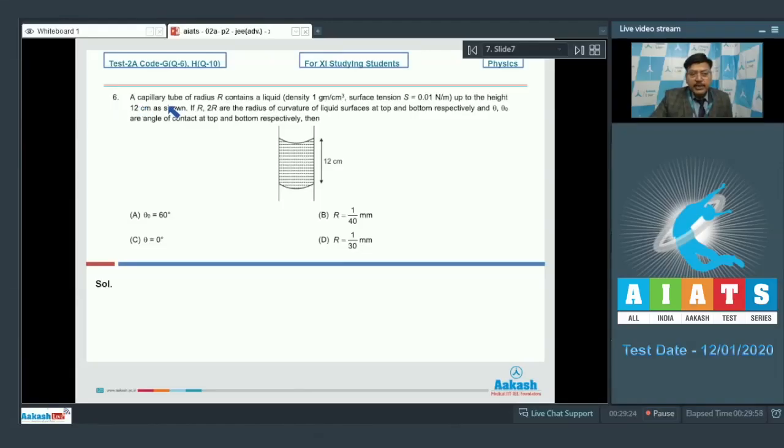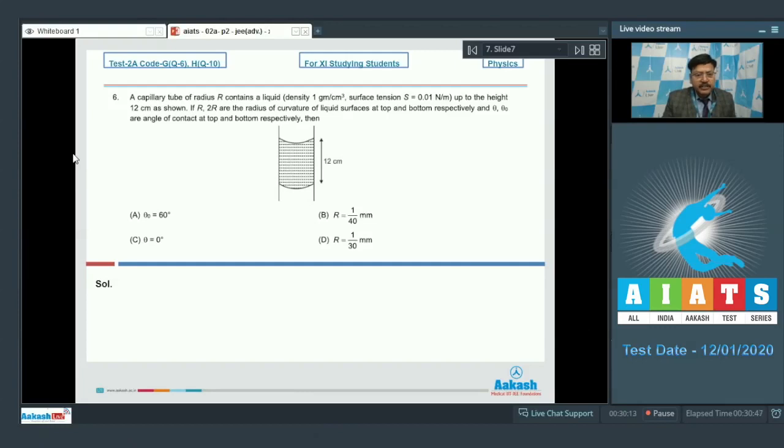Question 6 says a capillary tube of radius r contains a liquid of density 1 gram per centimeter cube. Surface tension S is 0.01 Newton per meter up to the height 12 centimeter as shown. If R, 2R are the radius of curvature of liquid surfaces at top and bottom respectively, and theta, theta naught are angle of contact at top and bottom respectively, then, well, obviously the question is from the topic surface tension,